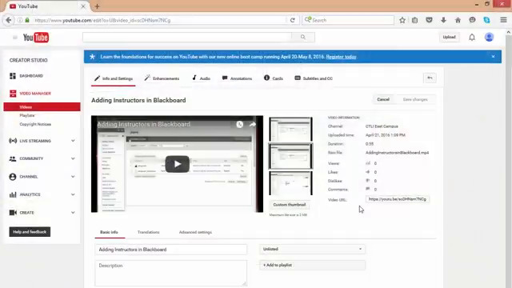If you already had your video in Kaltura, you'll still want to upload it to YouTube to create this caption file. The reason we like to use YouTube to create this caption file is that it has an auto-syncing capability. We don't want to use the automatic captions, but with the transcript that we typed, we can employ YouTube to set the video timing for the captions that will show up on the screen.